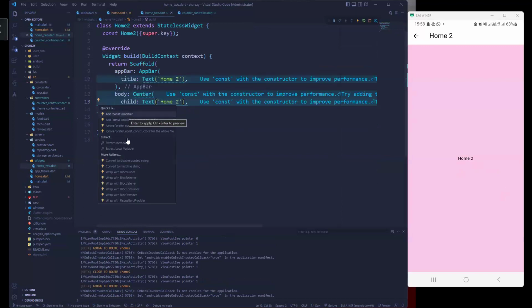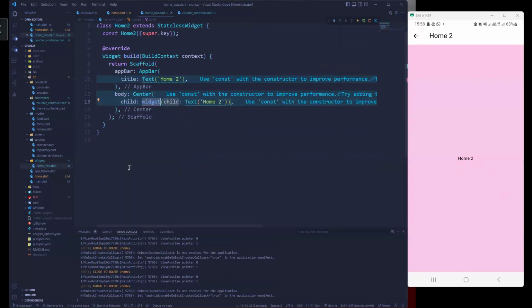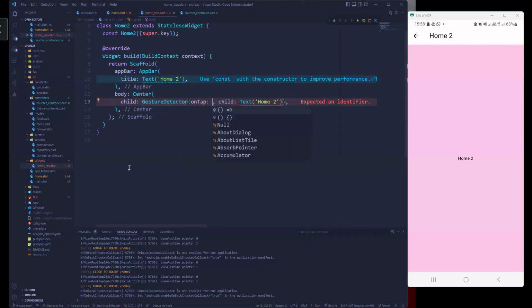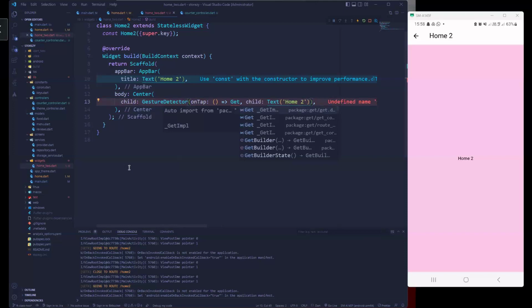I could just say, sorry, the text. I want to wrap it with a widget. Let's use the GestureDetector, so it will detect an onTap. So when there is a tap, we want it to do something. And now what I want it to do, I want it to go back, right? It has what we call the Get.back,